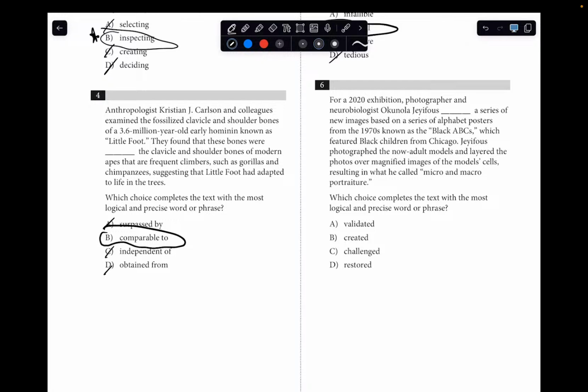The photographer photographed now adult models and layered the photos over magnified images of the models' cells, resulting in what he called a micro and macro portraiture. So what best fits there? Validated? I don't think validated. I don't think challenged. He's creating a new work, so restored might, like, he's kind of sort of, but created, I think, really kind of fits in best there,